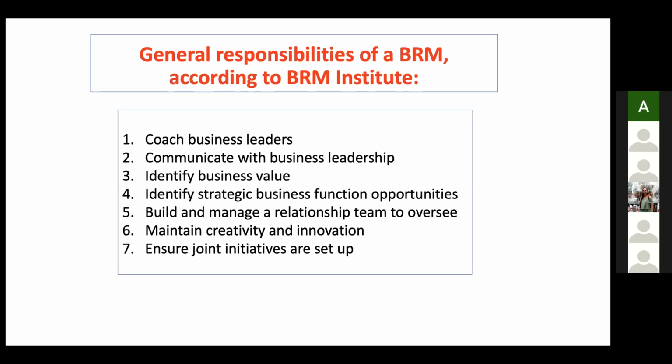Identify business value when developing ideas with focus on digital awareness, risk assessments, business continuity,